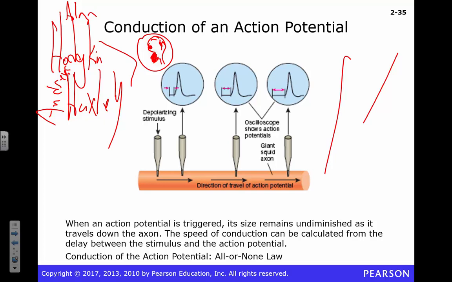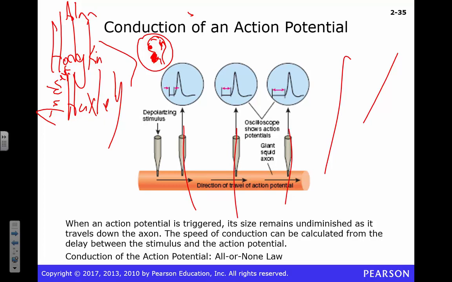So, Hodgkin and Huxley recorded these action potentials. That was pretty awesome. They got the Nobel Prize for that. Now we actually have something called the Hodgkin-Huxley model. If you want to do a mathematical model of how an axon works, it's named after these guys. It's complicated for theoretical neuroscience, but not something you really need to worry about. Here's the cool thing about this. No matter where you measure this action potential down an axon, it's the same. It's not changing, right? It's the same size, same shape. It just is an action potential. That's what it was when it started. That's what it's going to be when it ends. They're all the same. An action potential is an action potential.